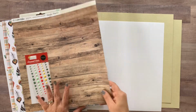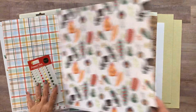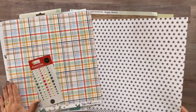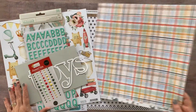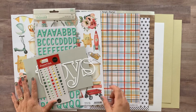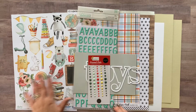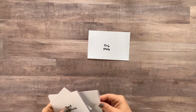You'll also have a sheet of instructions in there, and on the back side of those instructions is cutting guides for all of these papers, showing you exactly where to cut them. So I am going to go cut all of these papers just like the cutting guides say, and I will be right back. Alrighty, I am back and I've cut all my papers down to size,